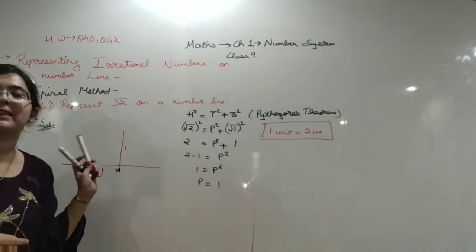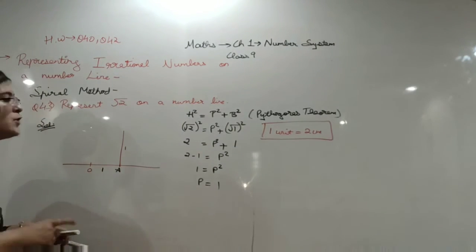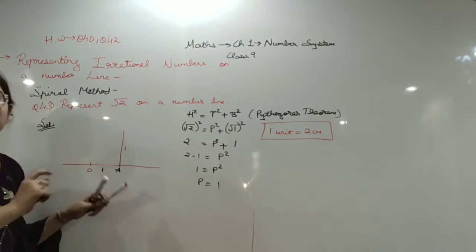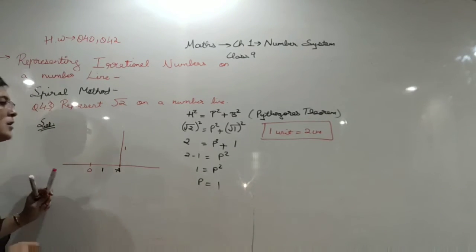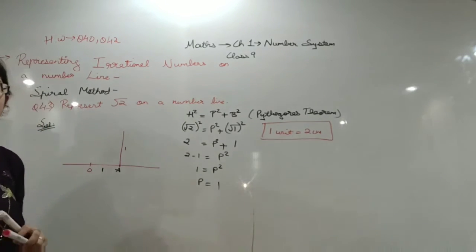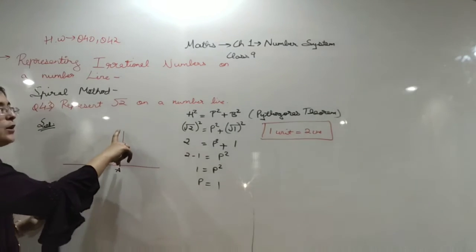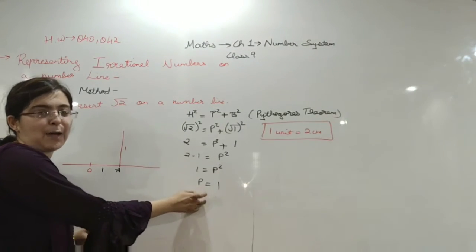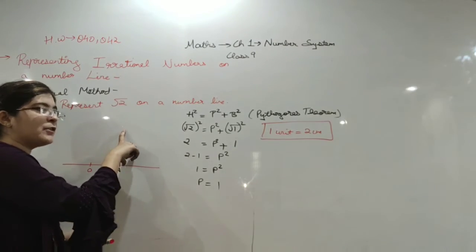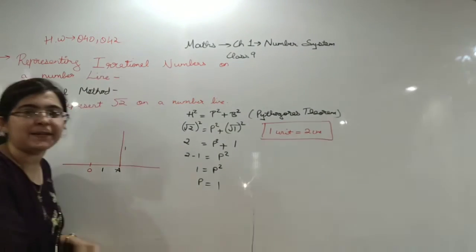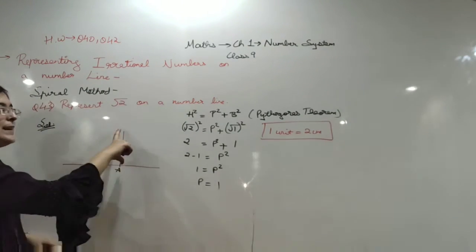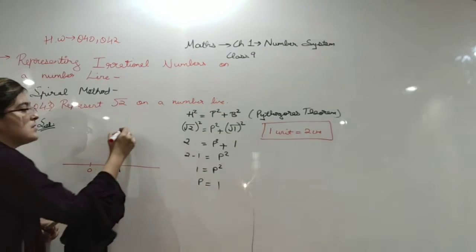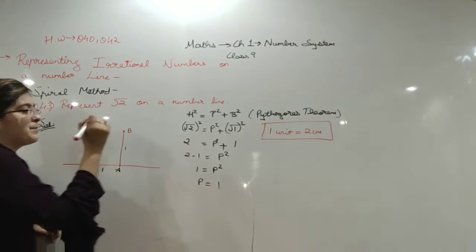You have to do it with a scale. You have to use scale, protractor, everything in this question, so keep all these things ready with you. Now you have to draw perpendicular 1. From where does it come? From here. Our perpendicular was 1, so we have drawn 1 unit and our 1 unit was 2 centimeters. That means here also 2 and here also 2. Now this is your point B.